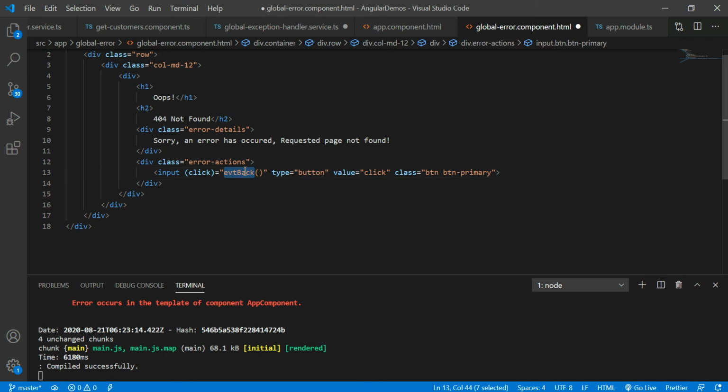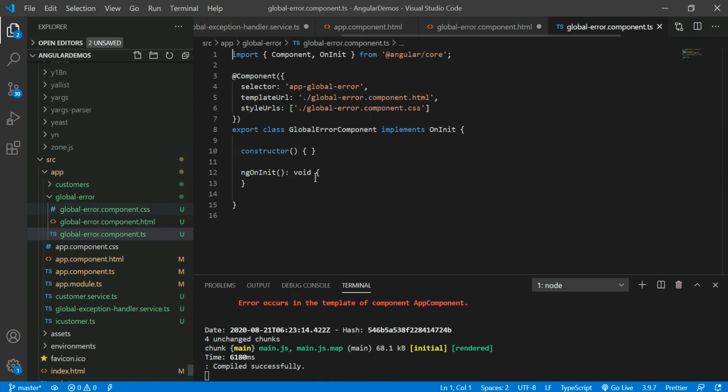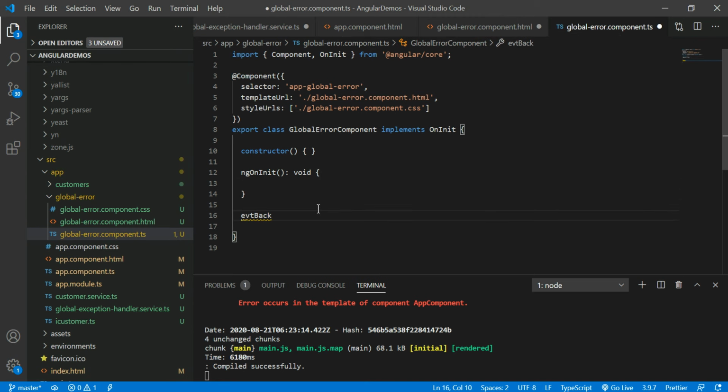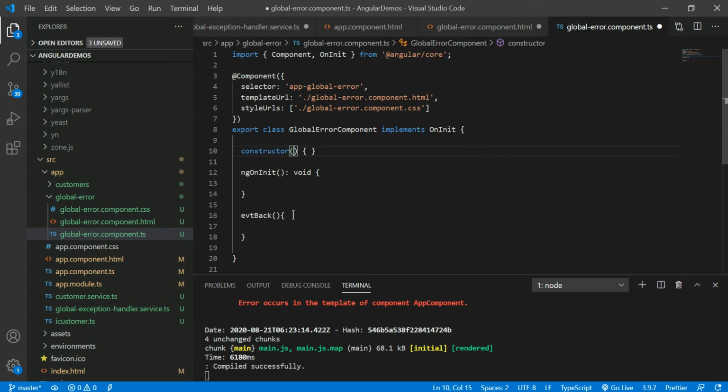We went back. So open that global error component.ts file. Here prepare the route section again. Once a user clicks this back button, I want to display the customer screen.